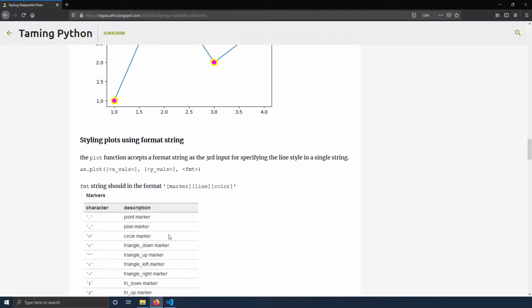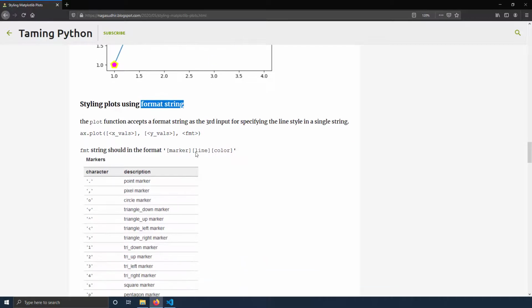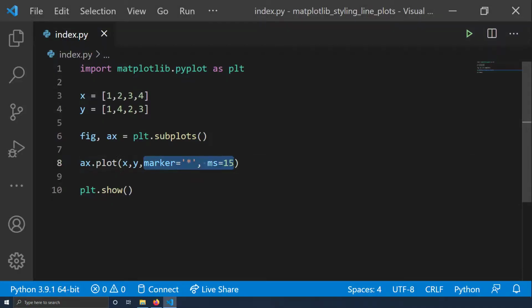And one more flexible way you can change the appearance of your plot is by using the plot format string. It doesn't give you fine-grained control, but you can quickly control the appearance of a line plot using this format string. The format of the format string is, first you mention the marker style, then the line style, and then the color of both line and marker. So if I want a red one, first I say I want a star marker, and it should be a dashed line, and I want it to be red. So this was the format string, right?